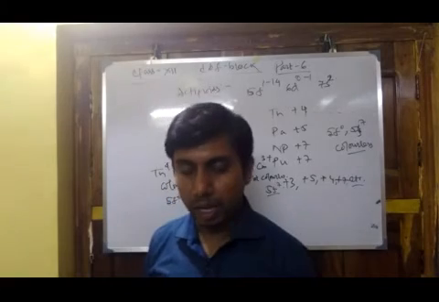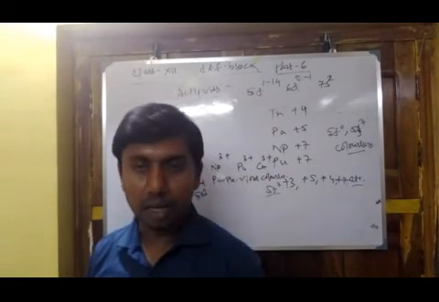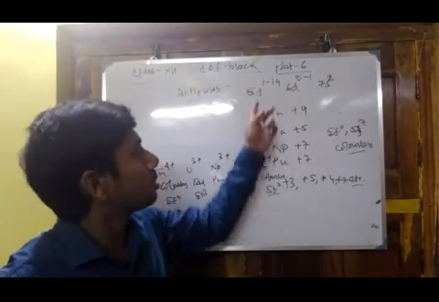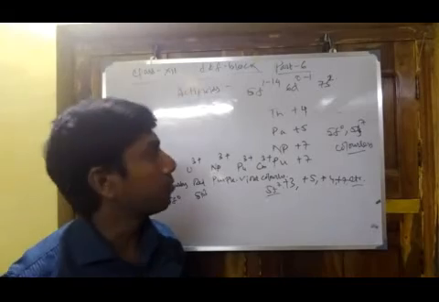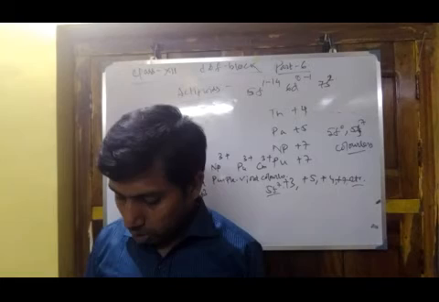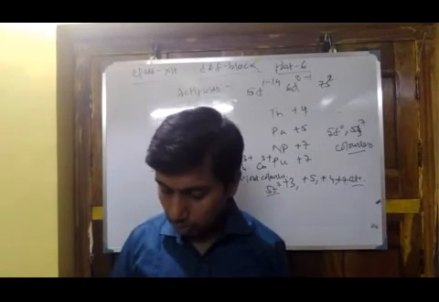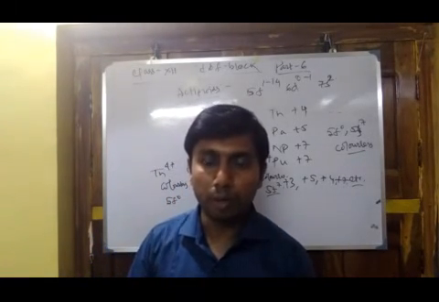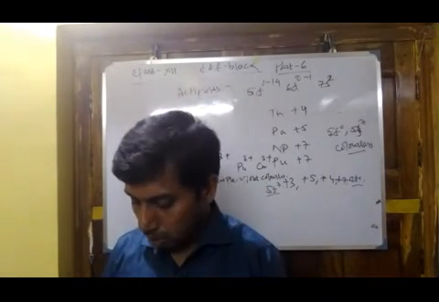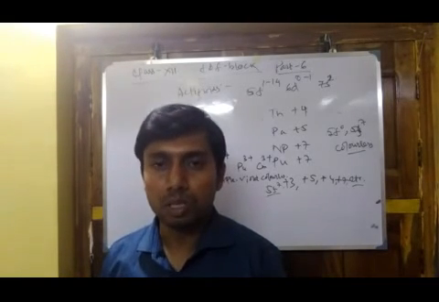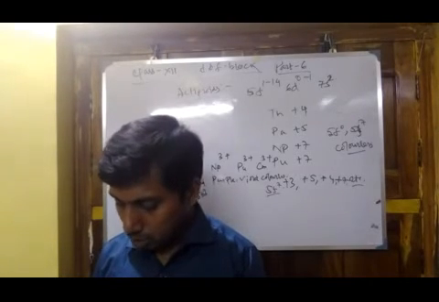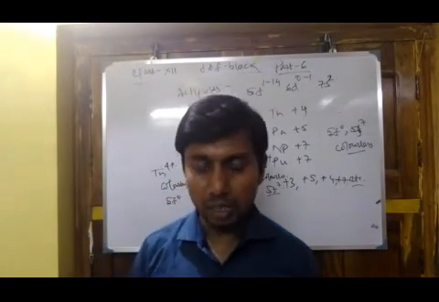Next one, chemical reactivity. I told earlier that the chemical reactivity is due to the combination of these orbitals, that is f, d and s, and for this reason they have a tendency toward complex formation. Now, with water: the finely powdered form is highly reactive, that means when the surface area increases it is more reactive in nature. Boiling with water, it produces oxide and hydroxide. It reacts with hydrochloric acid to form chlorides, and also with nitric acid.